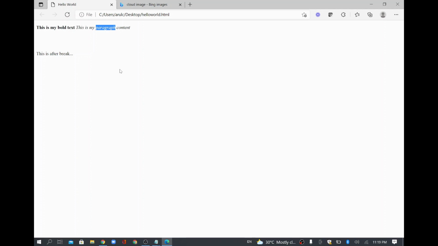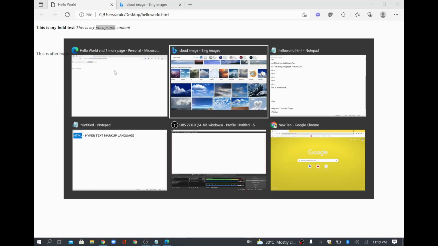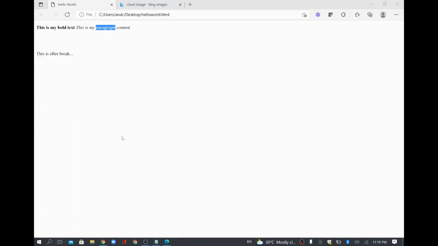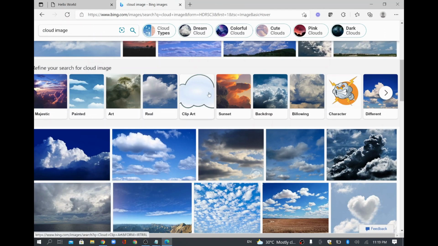So in this particular HTML page, I'm going to refer to that cloud image. So the source of my cloud image is nothing but the cloud.jpg file, available in the same location where my HTML file is available. So I'll just save it. I'll refresh it. See here, this is the image I have downloaded. But the image itself is like that only.